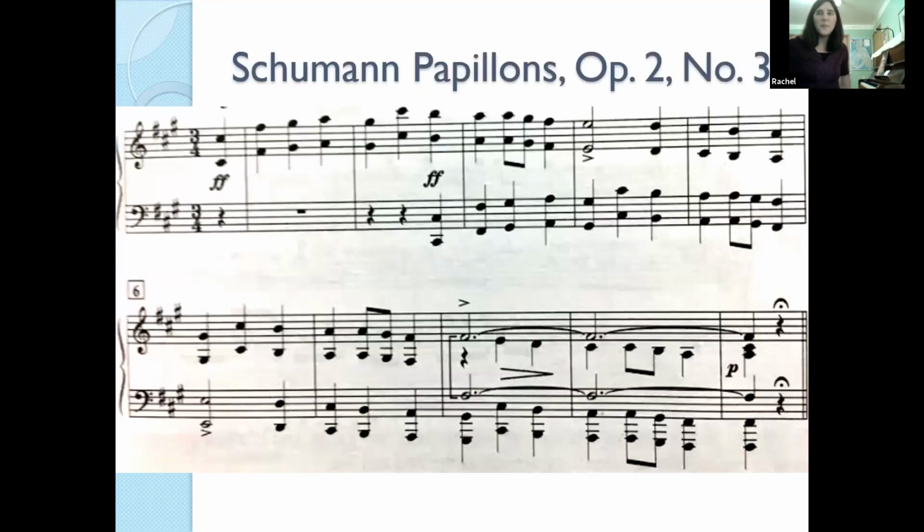Here's one. This is a set of just short pieces by Schumann. I actually played them in college, and I don't know how to say the title in French. It's like papillon, maybe. I think you don't pronounce it with an S. Anyway, that part's not so important. But this one is like 1, 2, 3, 4, 5, 6, 7, 8, 9, 10 measures, something like that, okay? But it's kind of like a very short canon.